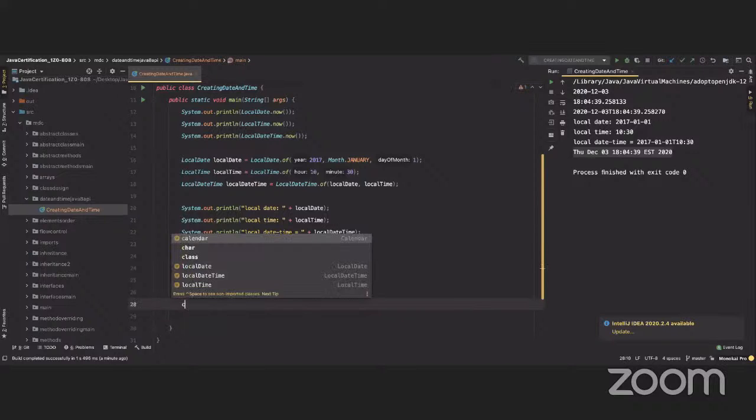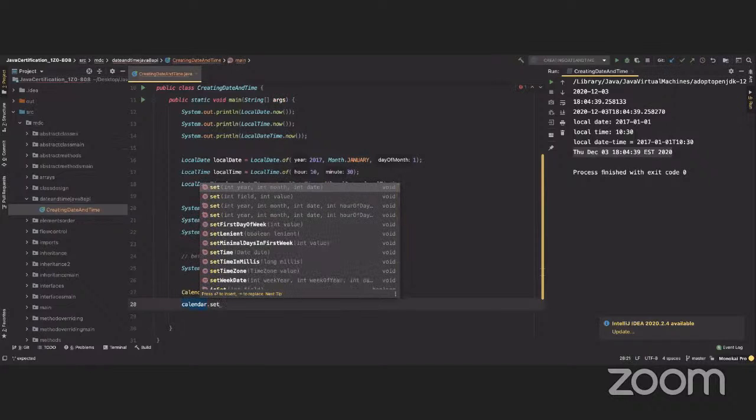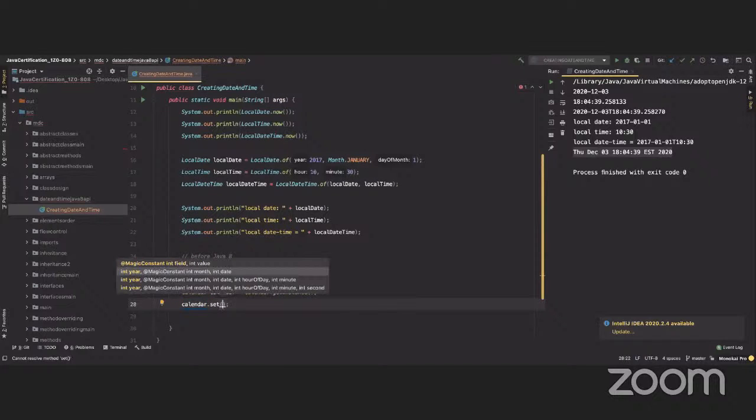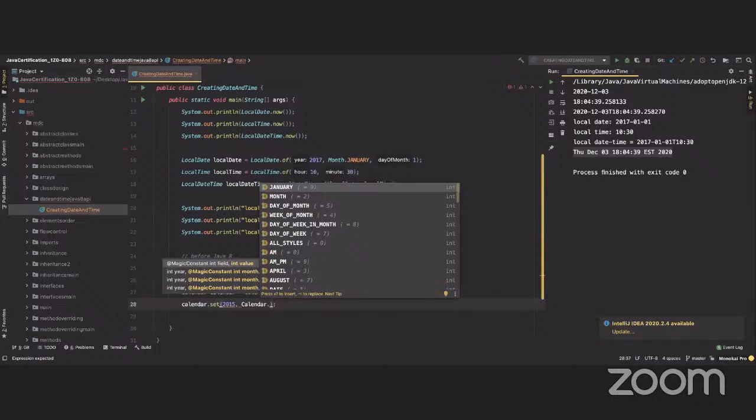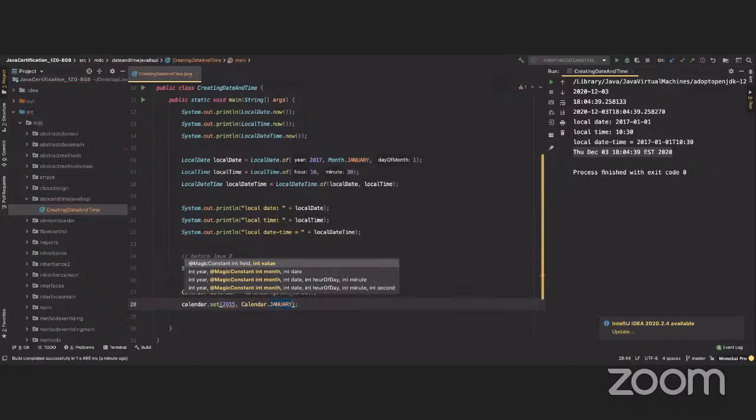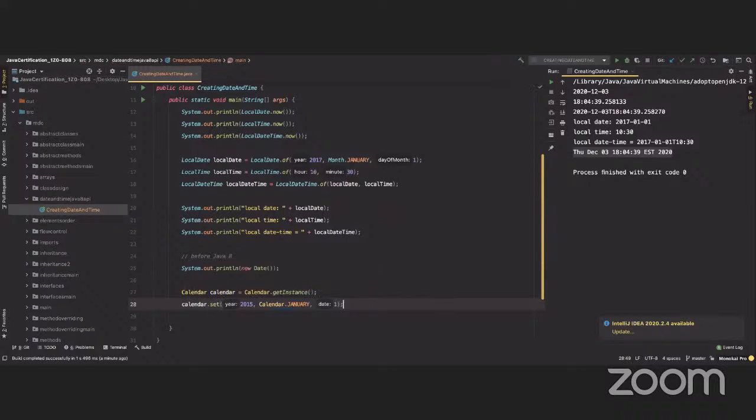Now, what I want to do with that class is set a time for that calendar. So I can say dot set, and here I'm going to put 2015. I want to say Calendar, and this is another enumeration, so January, and put the day. This will take 3 arguments: the year, the month, and the day. And now I can say Date, which is exactly as I'm doing here. I'm saying Date, just give it a name, January,